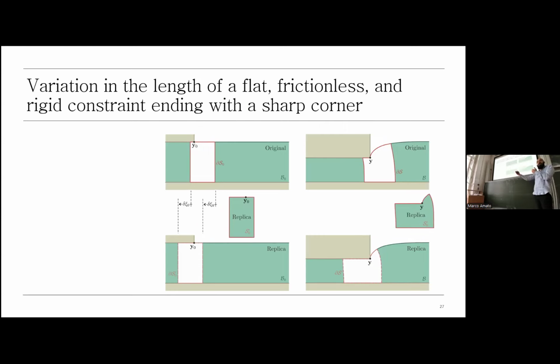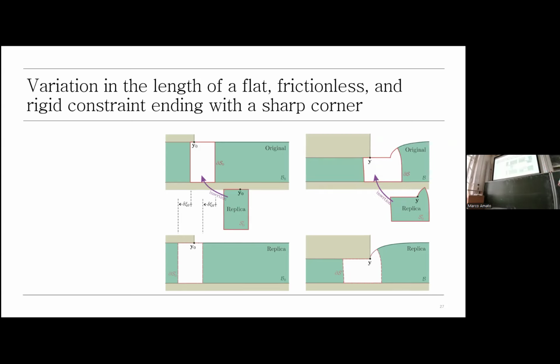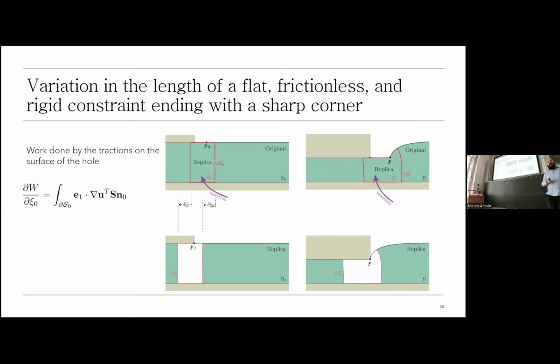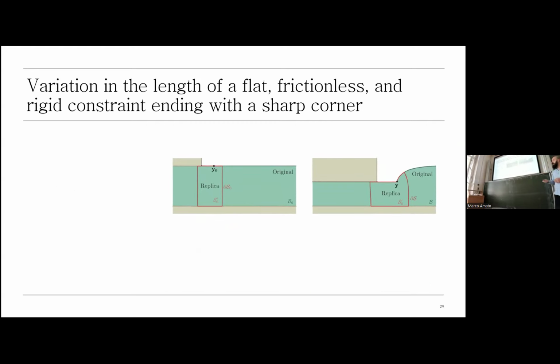To move ahead the singularity, now we try to plug the replica subdomain in the hole left free by the original one. And if this operation is trivial in the undeformed configuration, it is not so trivial in the deformed configuration because the hole left free by the original subdomain does not have the same shape as the replica subdomain. So we have to consider an extra work in order to change the shape of the hole, and now the subdomain can perfectly fit. And here is reported the amount of work necessary to move the boundary of the original subdomain. Now the body is restored, and as you can see, the singularity is moved ahead. And now we can finally evaluate